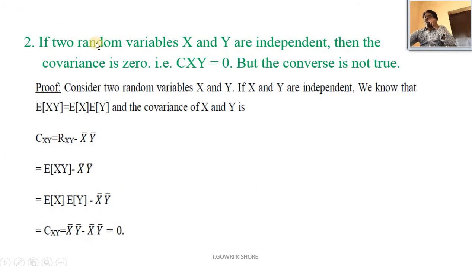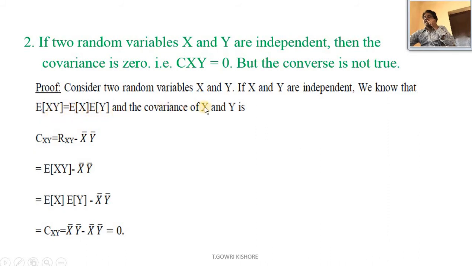And the second property: if the two random variables x and y are independent, then the covariance is 0, that is Cxy equals 0, but the converse is not true. Proof: consider two random variables x and y. If x and y are independent, we know that expectation of xy equals expectation of x into expectation of y,